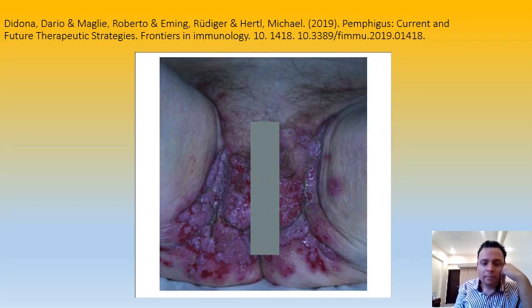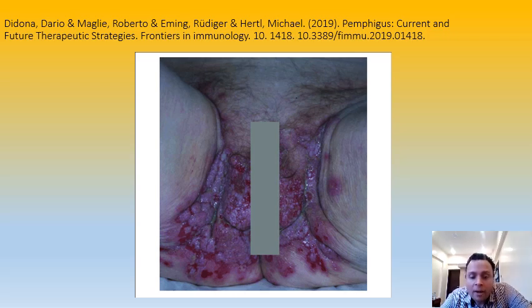So these are vegetating plaques. You can see a classical papillomatous surface, hyperkeratotic tissue. I will not use the word hyperkeratosis because it is a histopathological feature. Histopathology will show hyperkeratosis and acanthosis in this picture. Sometimes you can get eosinophilic pustules, eosinophilic microabscesses in the epidermis in this pemphigus vegetans. But you can see here a lot of erosions,